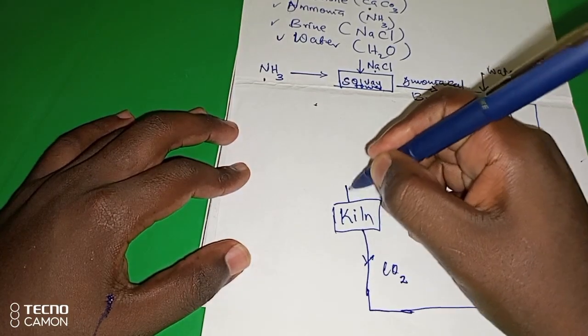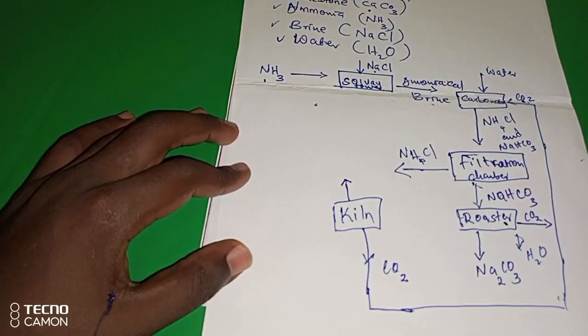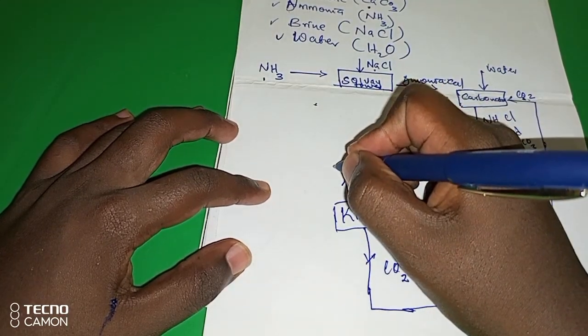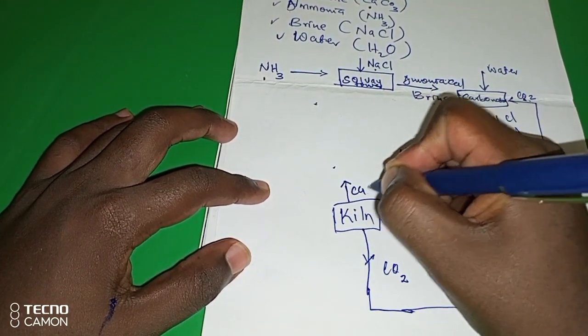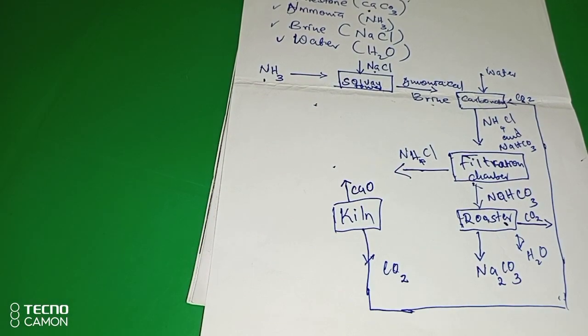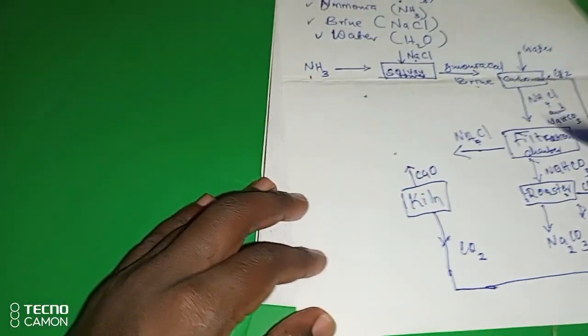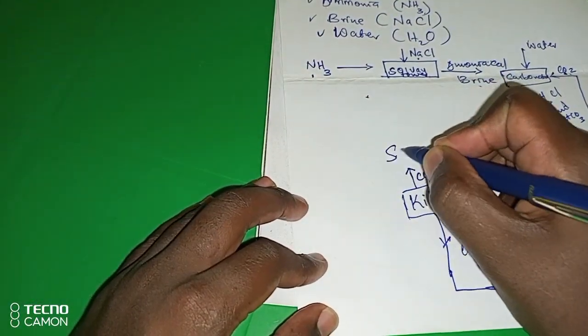And we give out calcium oxide. Calcium oxide is taken to another chamber. We refer to it as a slacker,